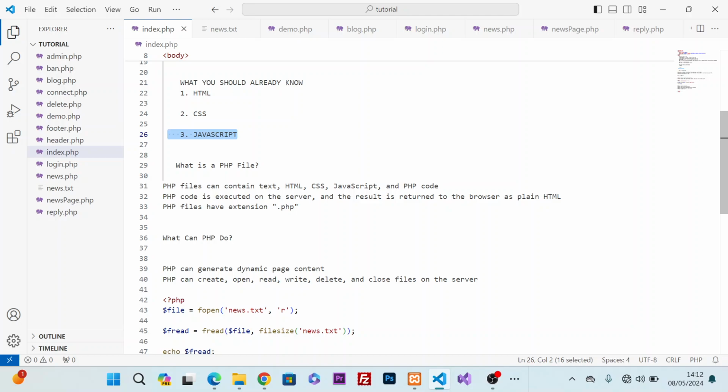Now PHP is executed on the server. That is what I told you earlier. That is why you must install your XAMPP, which has your Apache. A PHP file has an extension .php. You can see this is blog.php,